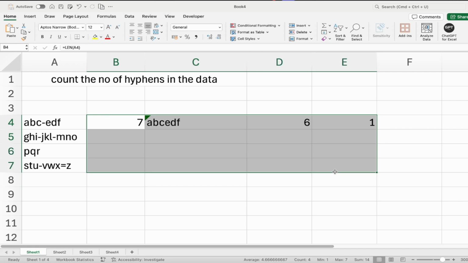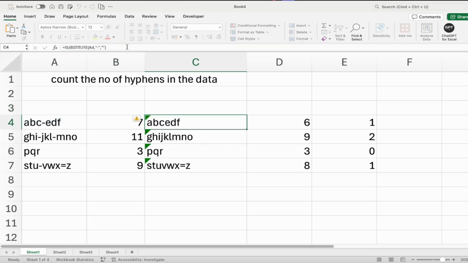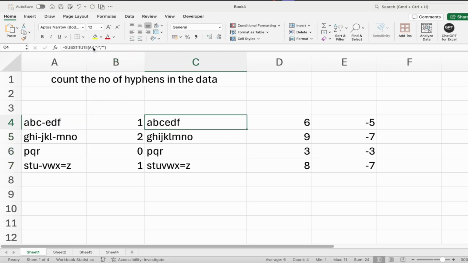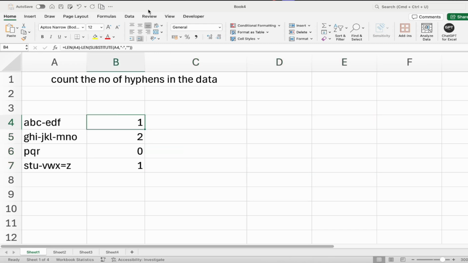If I apply this, you will see that this formula works for all kinds of data that I have here. So I get 1 hyphen, 2 hyphen, no hyphens, and 1 hyphen. Right? I can basically do it in a single cell as well. Length of this, and there you go. I actually don't need any other thing. So single formula, it looks a bit